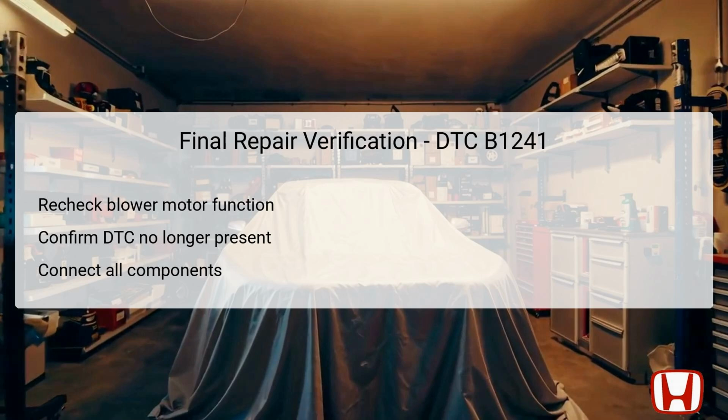Following a clean slate in terms of error codes, reconnect any disconnected components, such as wires and connectors, while ensuring that everything is secure and in the correct position. This thorough final check ensures that your repair work is fully successful and that the blower motor circuit is operating